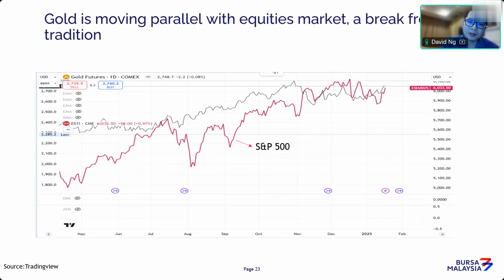So I think what explains this phenomenon is that a lot of fund managers are clearly diversifying their portfolios into the precious metal space. Like I mentioned earlier, things are going to get more volatile. And with record levels of equities market, valuations are overstretched. There's bound to be a sharp correction that is imminent. And as a way to protect against that risk, gold is a good asset to hold. Because of the fund managers diversifying into the gold market, you can see the rally in gold prices, which is quite parallel to the rise in the equity space.